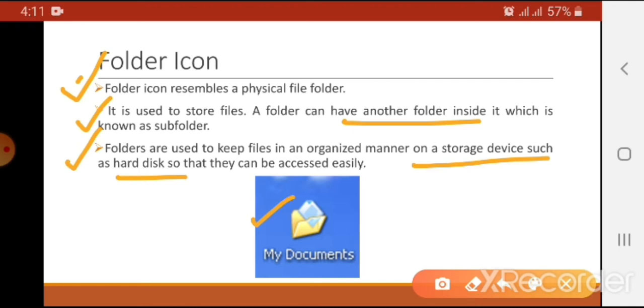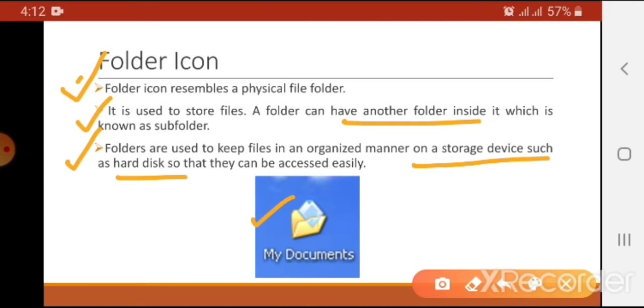There are so many files that we save in the computer, so it is always recommended to save similar files or folders into a collective folder or a main folder. For example, if I have 10 files related to timetable, I should create a folder named timetable and keep all those 10 files in it.